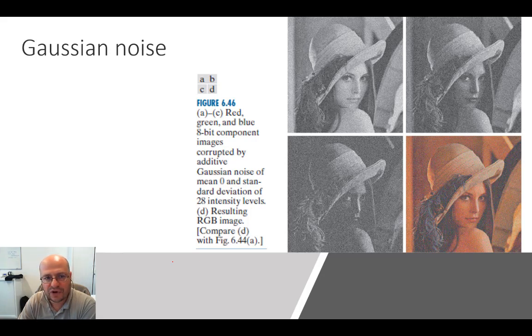This is an example of Gaussian noise on the red, green, and blue channel. This is the final result of noise in the R, G, and B channel. You can see that the noise is pretty much a standard thing. It's spread out evenly and seems to have the same statistical